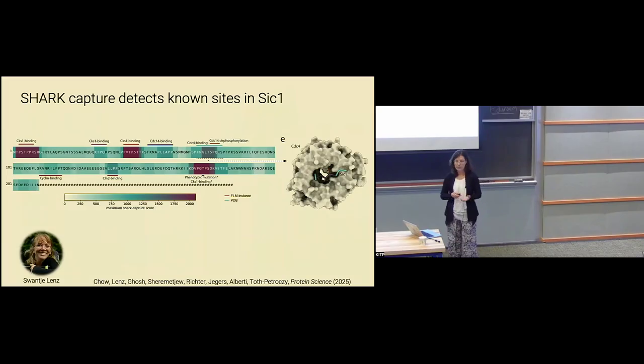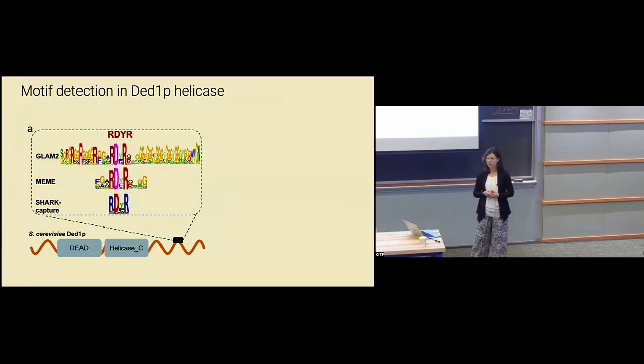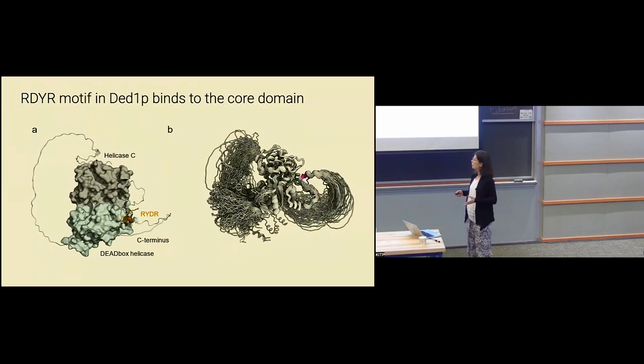We also wanted to test some new motifs experimentally, so we teamed up with Simon Alberti, who is working on the DAD1P helicase in yeast that has 2 terminal IDRs, and we identified a short motif, just 4 amino acids long, in the C-terminal IDR of this protein. Other motif detection tools also find it, but a longer region. So, just out of curiosity, we looked at the AlphaFold structure and what it predicts, and we were surprised to see that this short 4 amino acid motif seems to form a tiny helix,